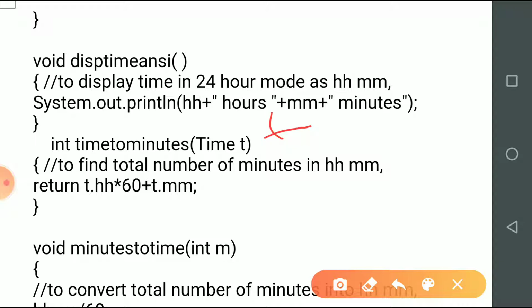So in the return statement, you can see we have referred to t.hh times 60. One hour has 60 minutes, so we have multiplied by 60. But here, instead of hh, we have written t.hh to reference the member data hh which belongs to object t, and the same is for t.mm also.